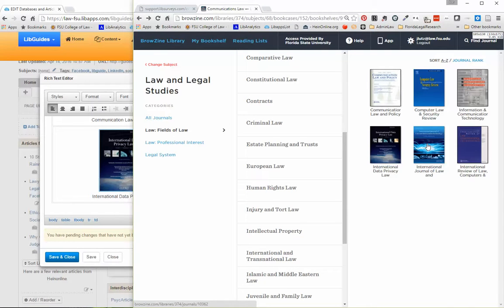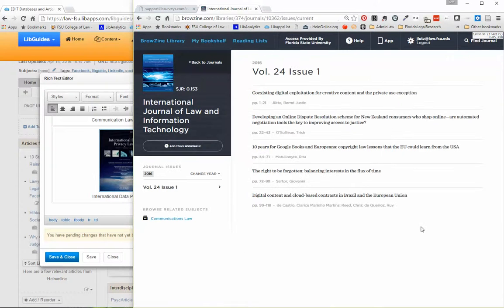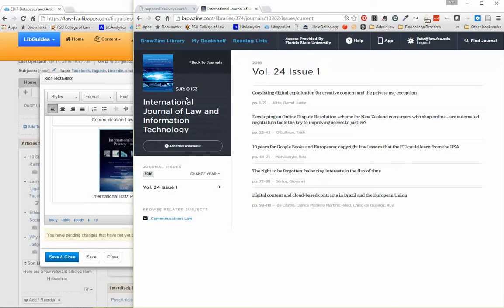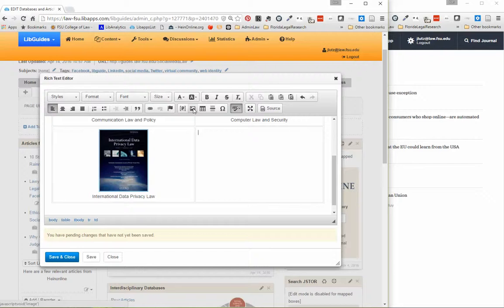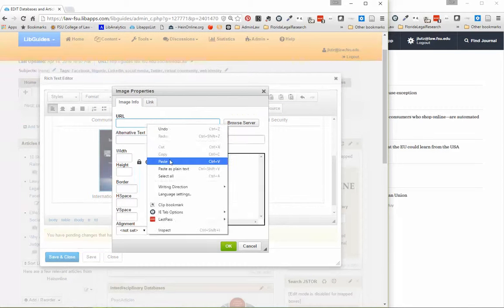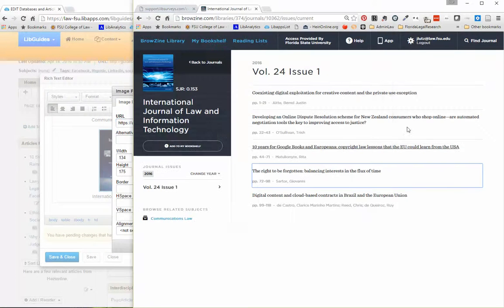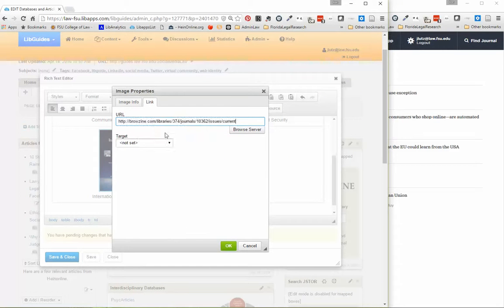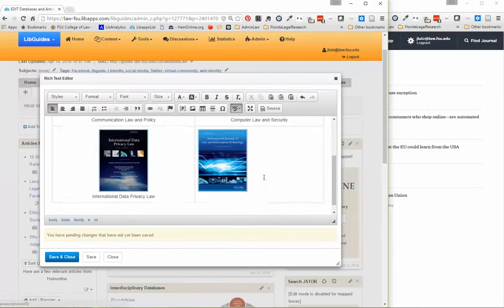So I'm going to go back and do one more. I'll go to the International Journal of Law and Information Technology, right-click the title, copy image address, come back here to LibGuides, go to image, paste in the URL, come back to the Browzine page, copy the URL for that journal, go to link, paste that in, go down to the target and set it to new window, click OK, hold down the Shift key and hit enter, type in the title,